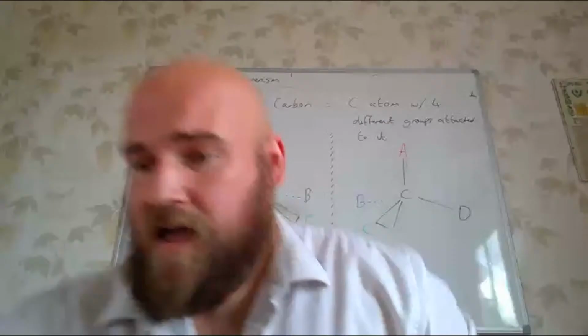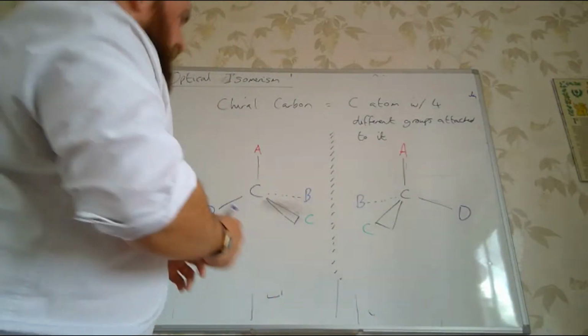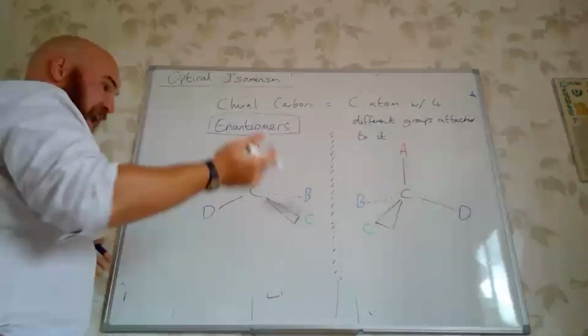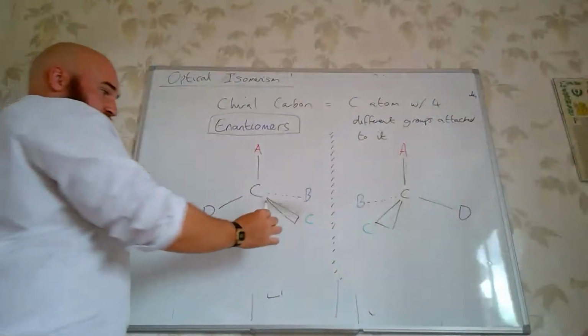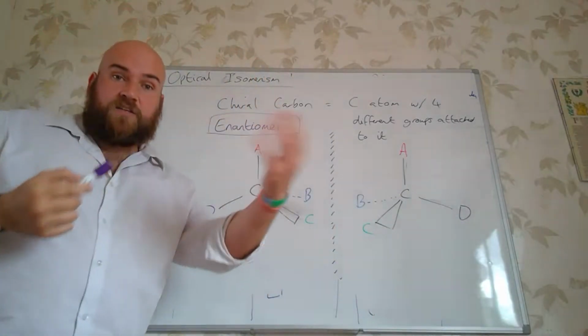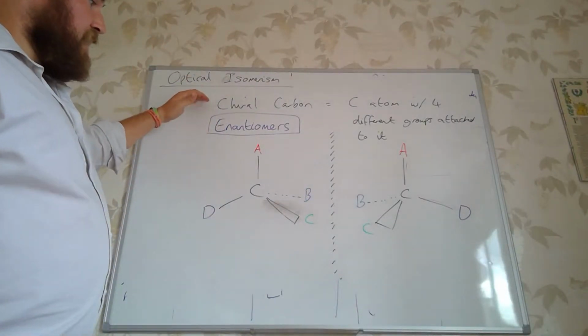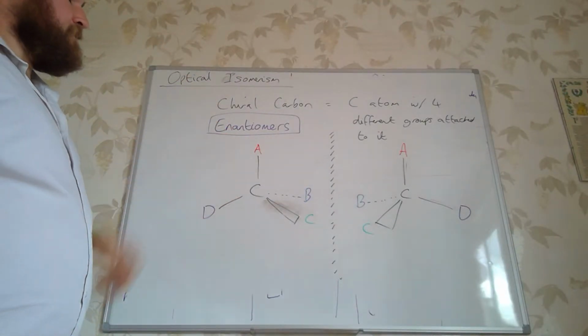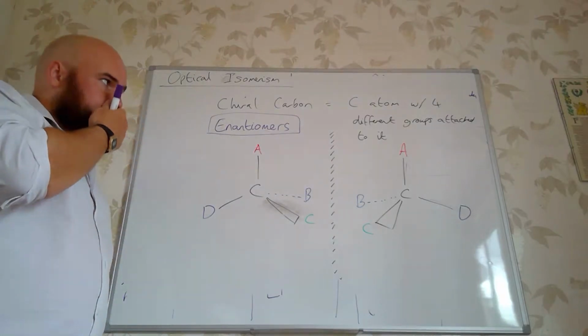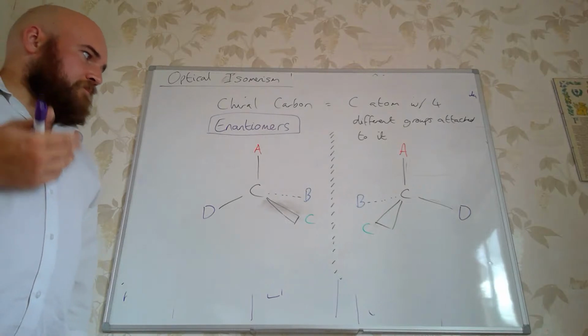Okay, so we call this a pair of optical isomers, which has a very special name. So this is a pair of enantiomers here. And how do I know that it exhibits optical isomerism? There is a chiral carbon, which is a carbon with 4 different groups attached to it. We'll come on to why we call them optical isomers in a moment, but we need to have